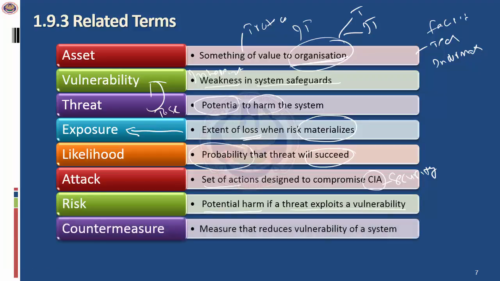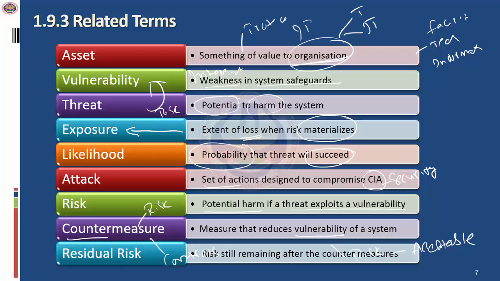What are countermeasures? Countermeasures are nothing but controls. The measures which are taken to counter the threat or the risk, to prevent the impact of the risk. So this will reduce the vulnerability, this will reduce the threat. Overall, what will happen is it will reduce the risk. And the objective is to bring this to an acceptable level. And that is the residual risk.